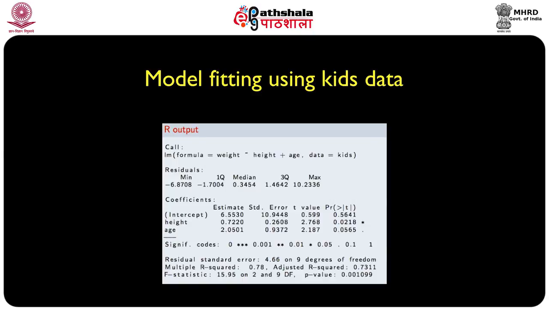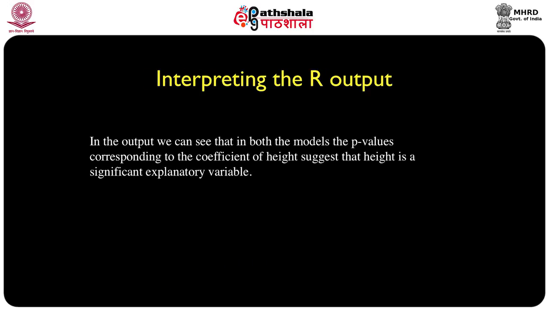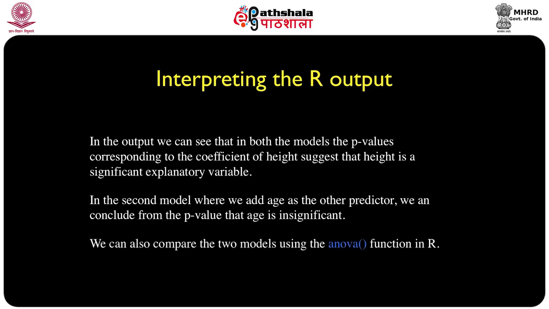And next, when we look at the model where we have used height as well as age as the two predictor variables, keeping alpha equals 0.05 as our level of significance, if we look at the p-values corresponding to the coefficient estimates of height as well as age, we can see that height is still a significant predictor, however, age